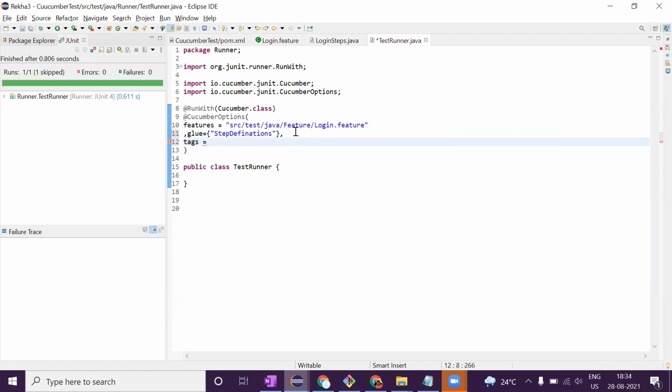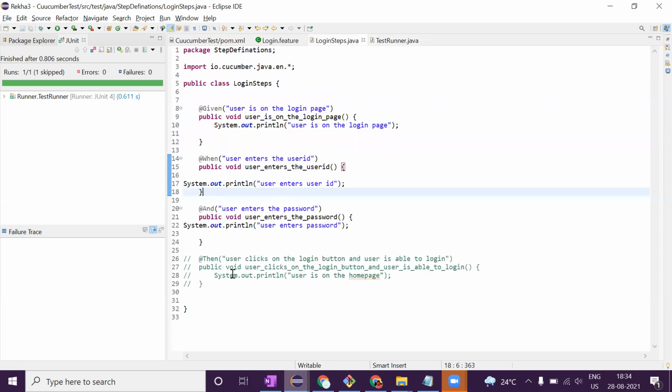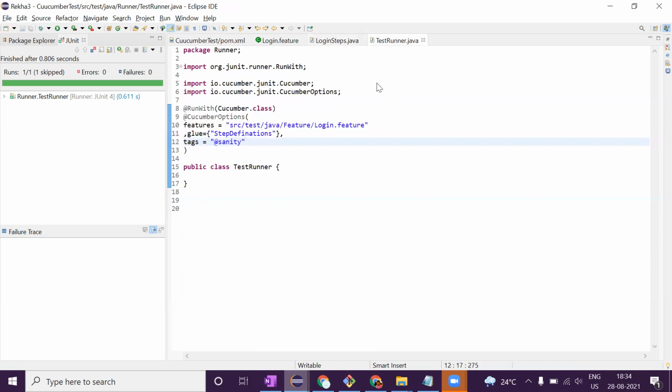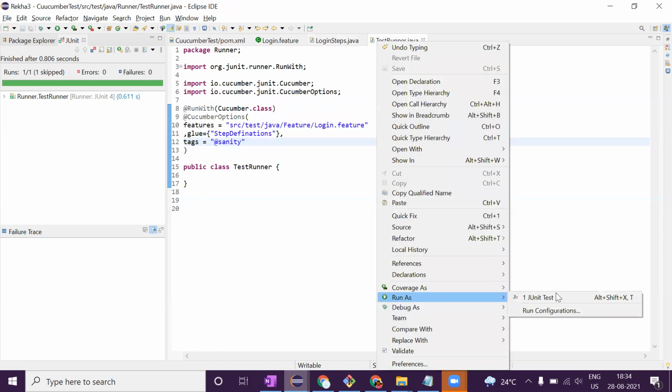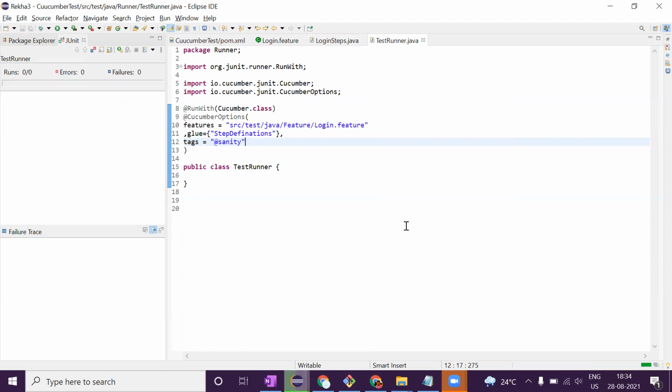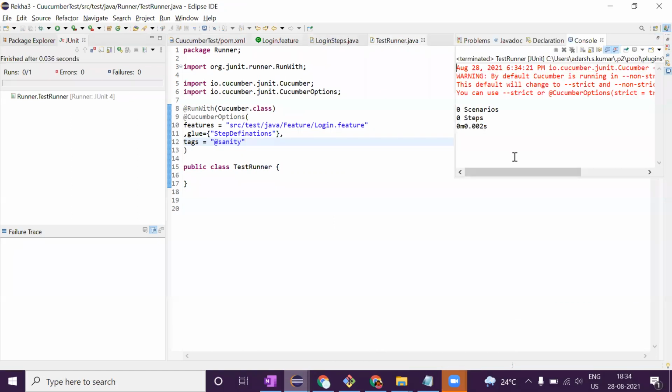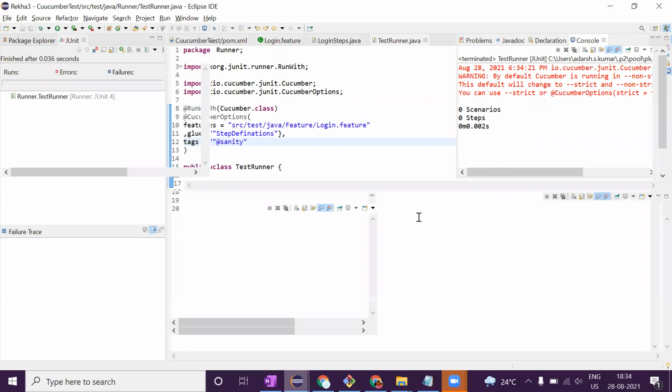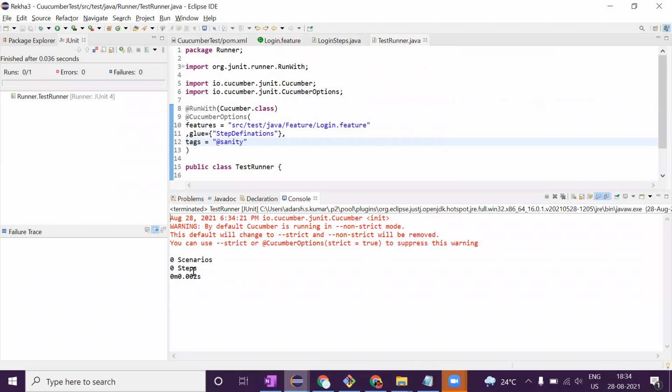Tags equal to, I'm giving @sanity. I've given it, I'll go ahead and execute this. Just see the difference. As you can see here, zero scenarios and zero steps are executed, because when you give a tag equal to @sanity,